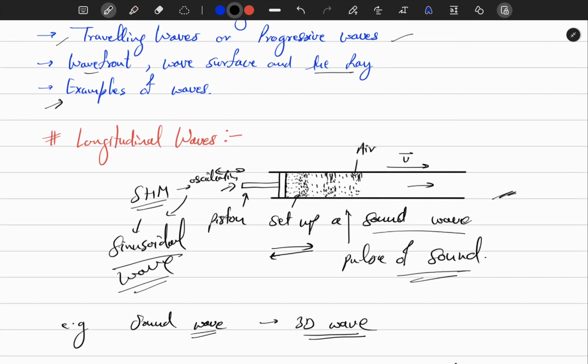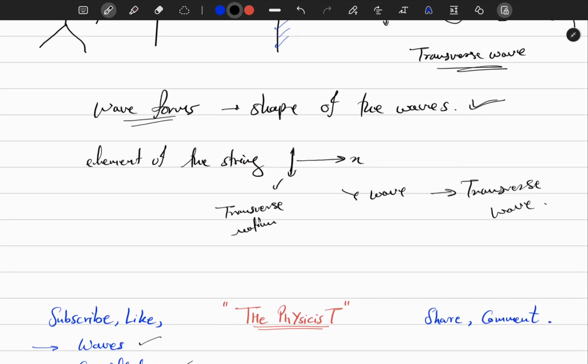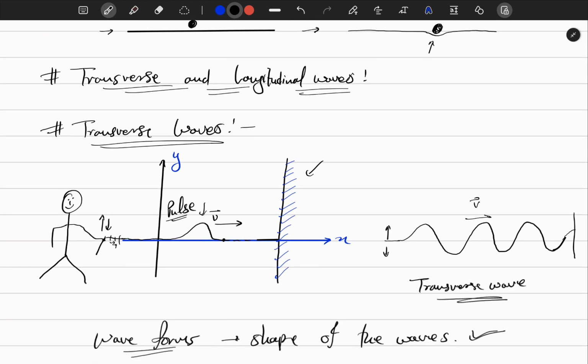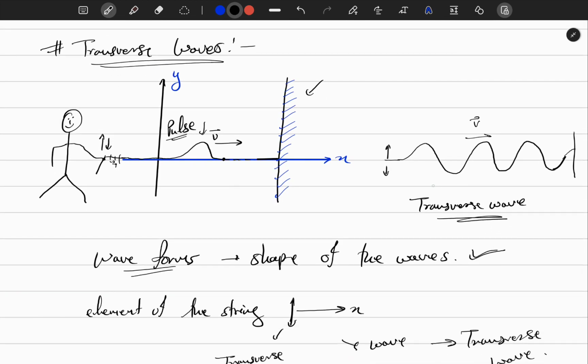For example, the wave travels from this point to the corresponding different forward points. So this is a longitudinal traveling wave,